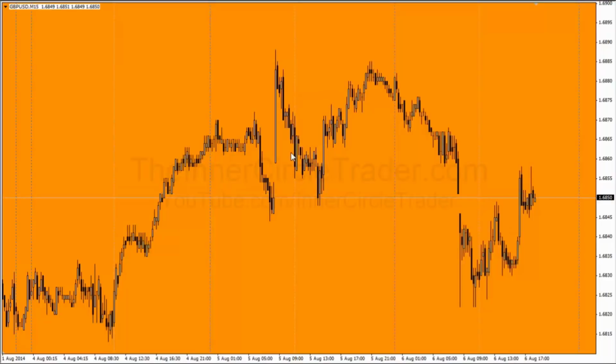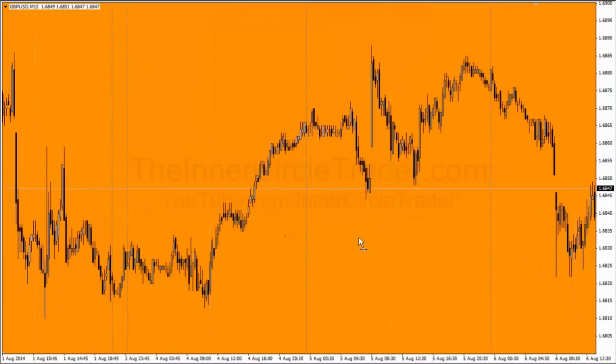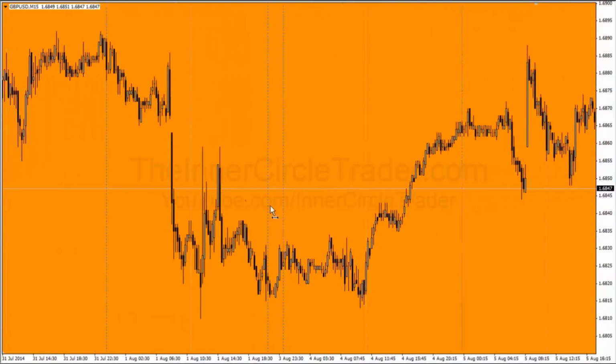If we're going to be a buyer, what do we like to see first from a Judas swing perspective? A down move. See what it's done? Here's the white line. This is the New York Judas parameter, like the 5 GMT for London. We want to see a move down. Also, it fills in a gap and it trades into a previous order block. Rallies. See that? If you are looking at over here,